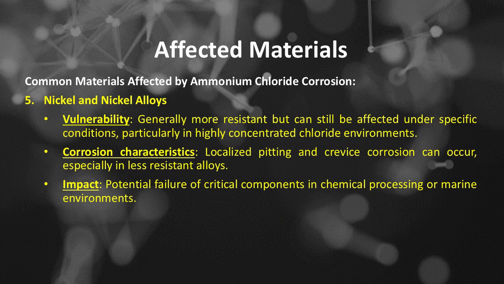Number 5 of the common materials affected by ammonium chloride corrosion is nickel and nickel alloys. The vulnerability of nickel and nickel alloys: generally more resistant but can still be affected under specific conditions, particularly in highly concentrated chloride environments. The corrosion characteristics on nickel and nickel alloys: localized pitting and crevice corrosion can occur, especially in less resistant alloys. The impact on nickel and nickel alloys: potential failure of critical components in chemical processing or